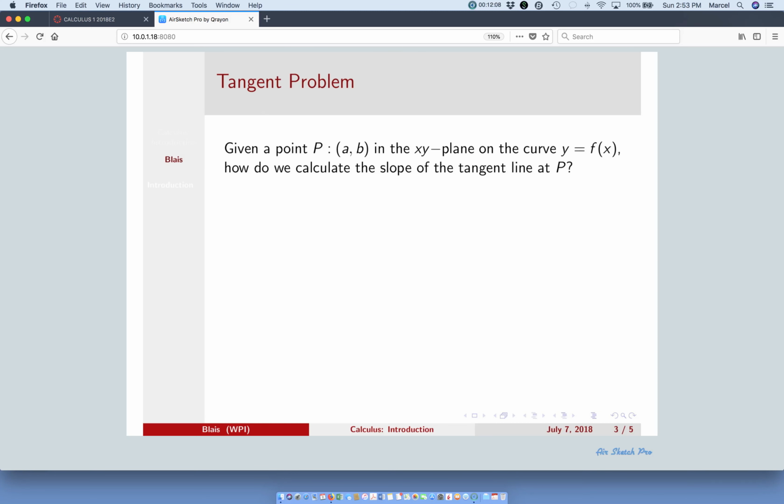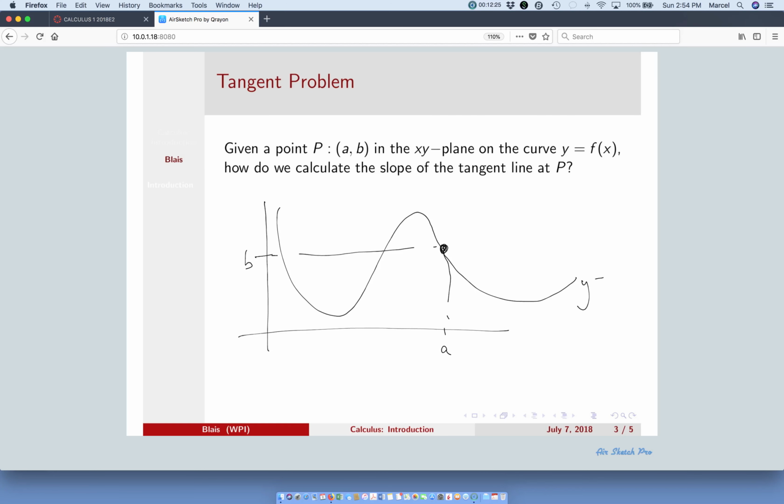So the basic idea behind the tangent problem is, if we have a point, say (a, b), and we have some graph y equals f of x going through that point, what's the slope of the tangent line to this graph at this point? So if we draw our tangent line,